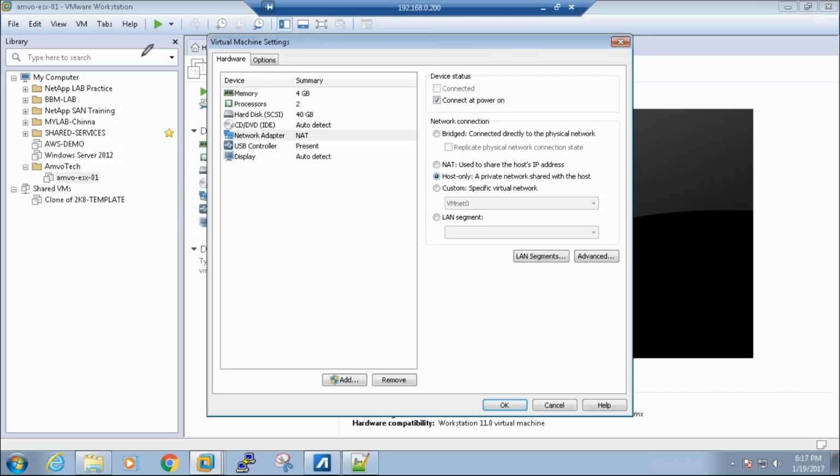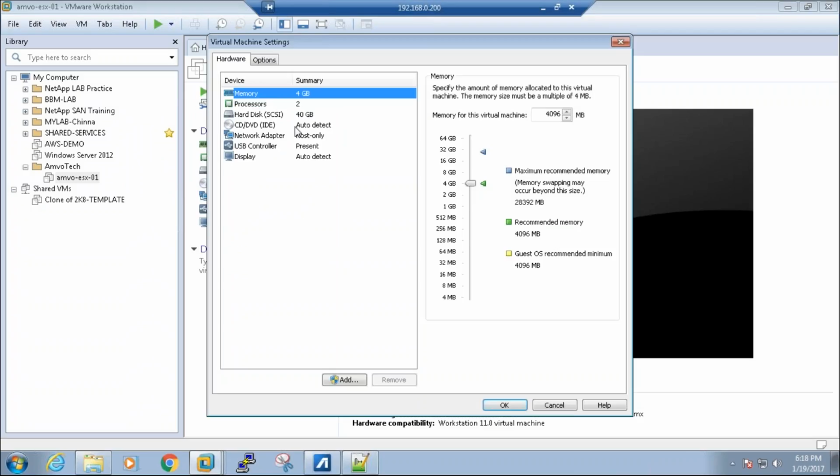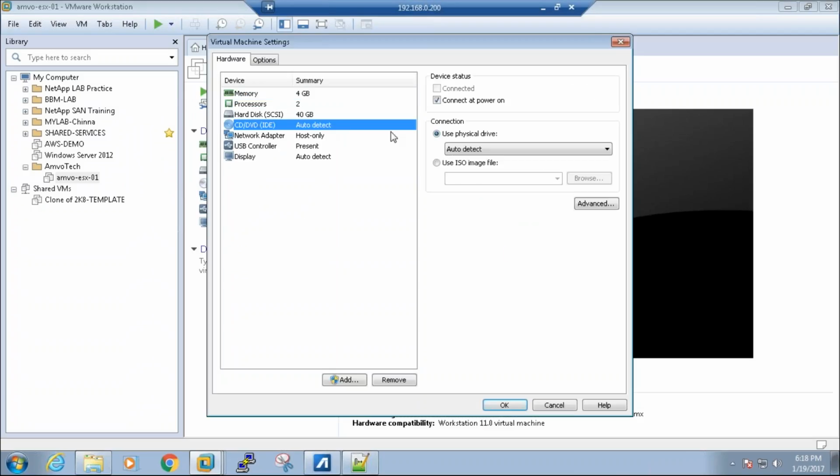But if you need your VMs to communicate over the internet, then you say bridge and replicate the physical connection. Then the VM that you're going to create here will get internet connectivity. But that is something I don't want. I just say host only, and I'm okay. Now you see the network setting is set to host only. That's perfect. I go to edit settings, and I have to mount the ISO,